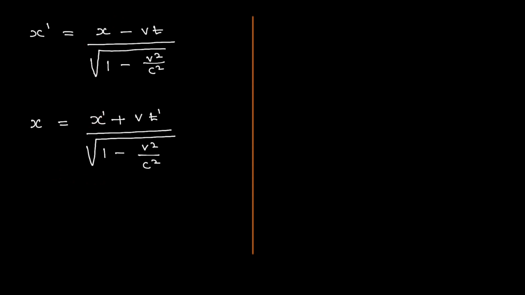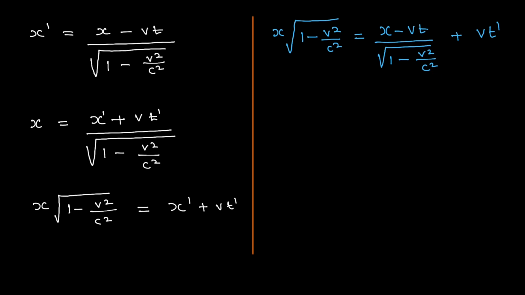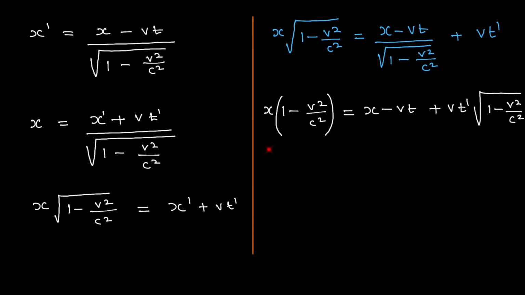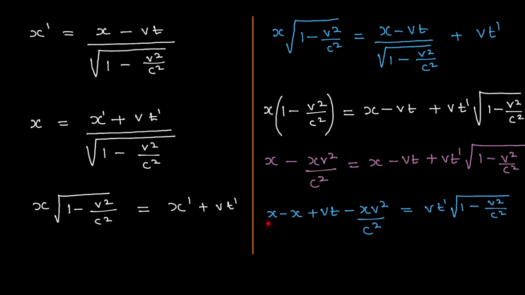So first thing is to multiply both sides by root 1 minus v squared over c squared. So multiply that by that, and I get this. And now I'm going to substitute that into here, which I get that. Now I need to multiply both sides by, again, root 1 minus v squared over c squared. So that times that. The root will go, and that times that. So I get that and that. I need to expand this bit here. So that expanded, and we still get that here. Now I need to bring this over here and that over there. So x minus x plus vt minus xv squared over c squared equals that.